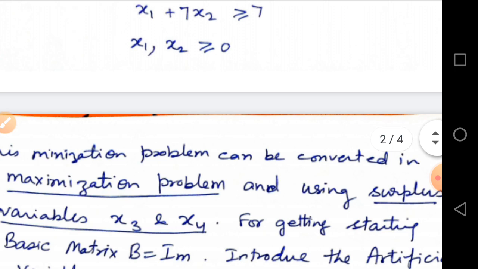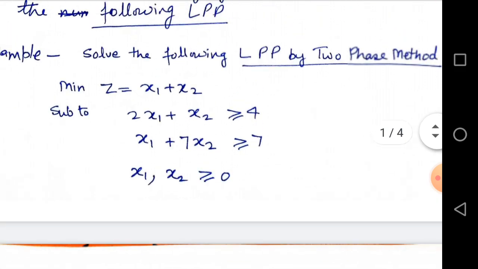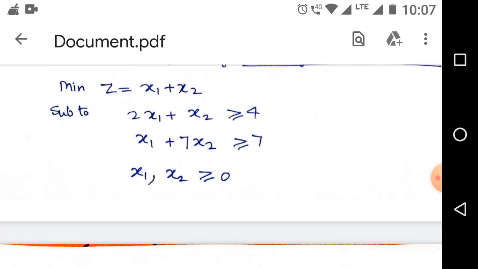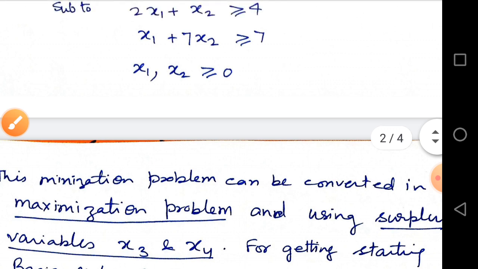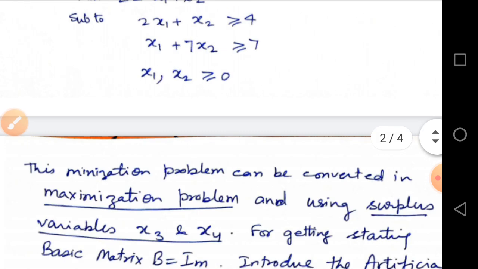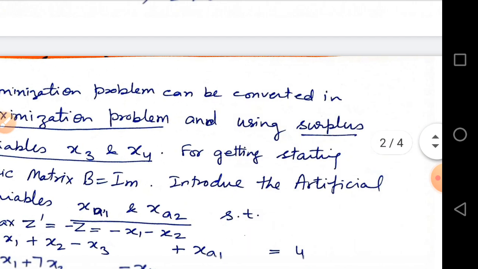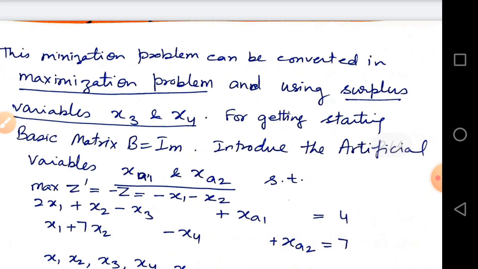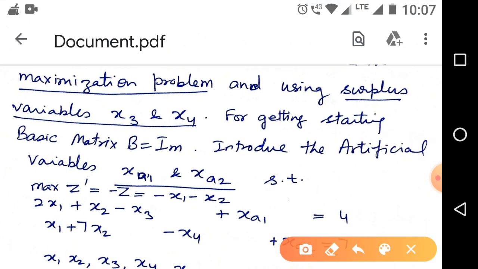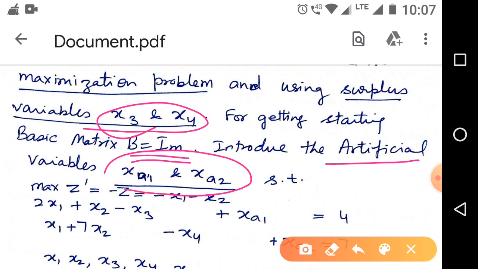This is a minimization problem, so we convert it into a maximization problem by multiplying by a minus sign, and using surplus variables x3, x4 for getting the starting basic matrix. We introduce artificial variables xa1, xa2.